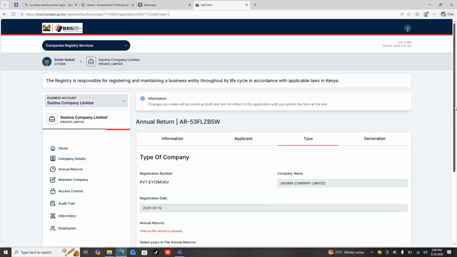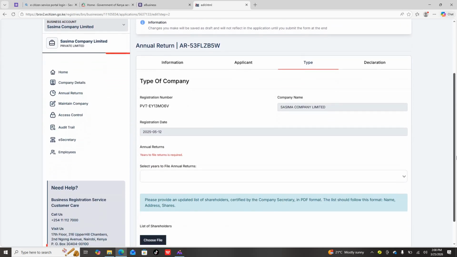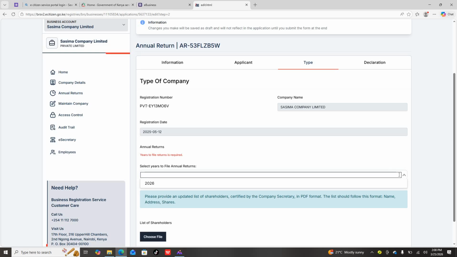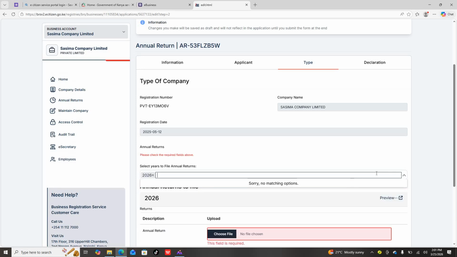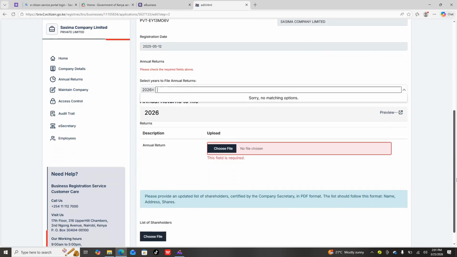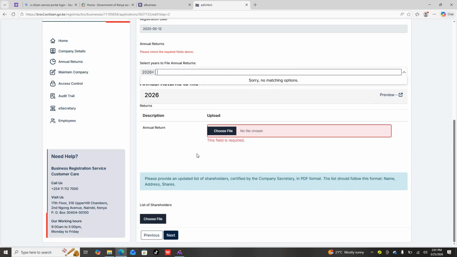So when you fill the details, you can see the years to file the annual return is required, and under it you can see select the year. I'm going to click here on the down arrow. You can see, because for example in this annual return it was done late, I can select, maybe for example I want to do for 2026. So under 2026 I'm able to